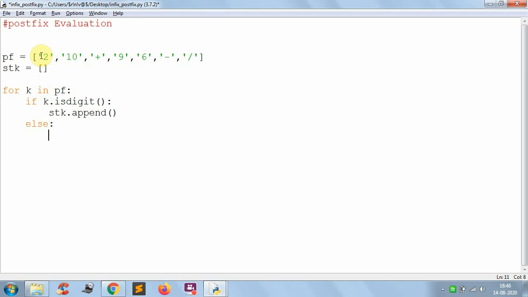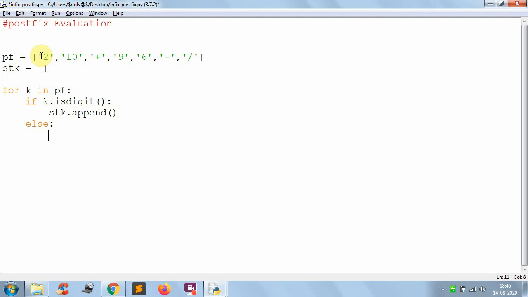Else, if the given input is an operator, what we have to do is the very important thing. Here you have to pop the top two elements from the stack and perform the given evaluation.